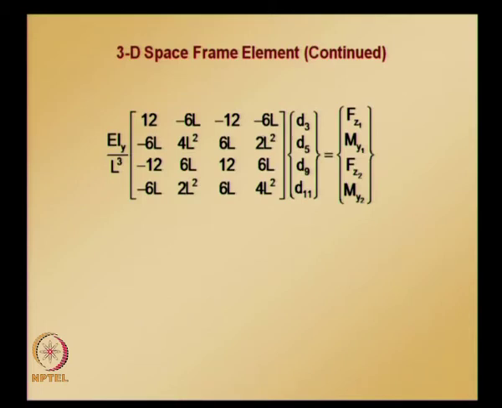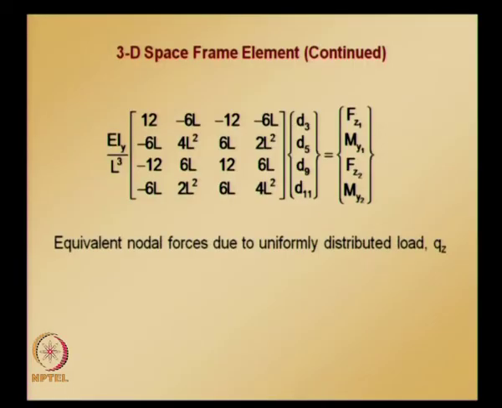So this element equation gives us bending effects in the xz plane because of forces in the xz plane, and the equivalent load vector due to a uniformly distributed load is given by this. If it is some other load, then we need to find the fixed end moments and shears, and putting them together with a sign change we get the equivalent load vector,